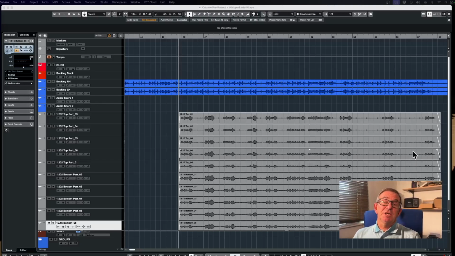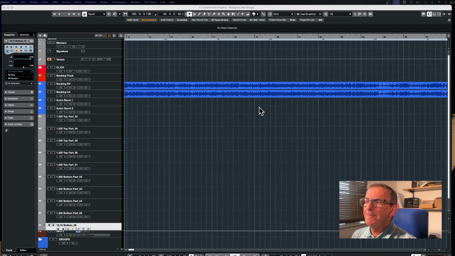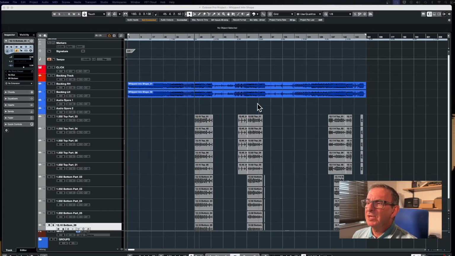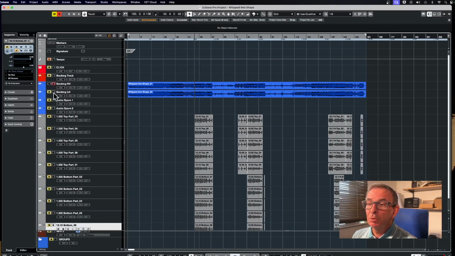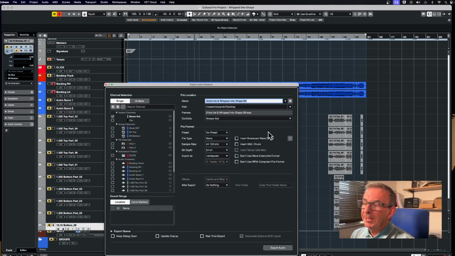So we're now going to go into our mixdown phase and importing them into QLab, which is the software we're going to be using for queuing all our tracks when we get to the theatre. So here we have our blue backing. Let's zoom out so we can see everything together. Let's just solo those two, and then we go into File to Export Audio Mixdown, as it's called in QLab,